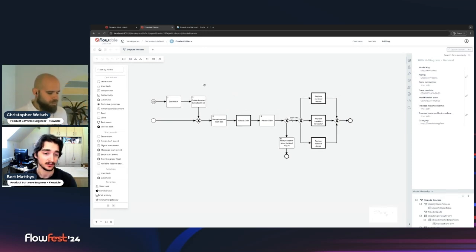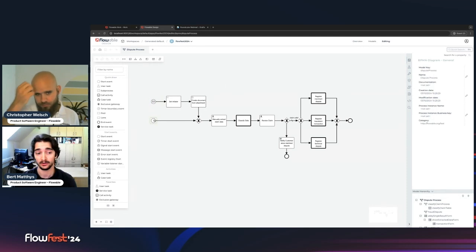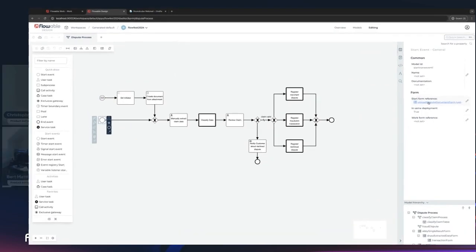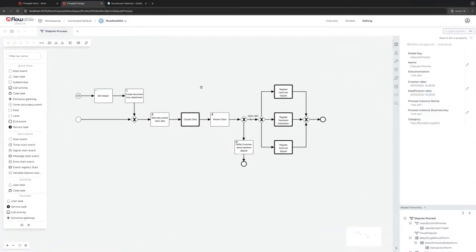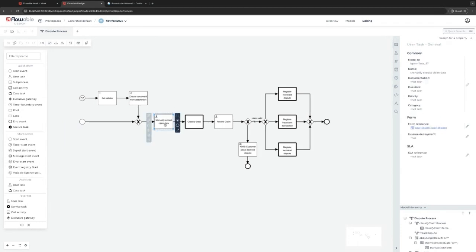So, the steps in a bit more detail: either a document is uploaded via the attachment of an email, via this email start task, or via a regular start event, and you just upload it in the start form. After that is the step that we want to improve with Abbyy, because right now it's just a manual user task